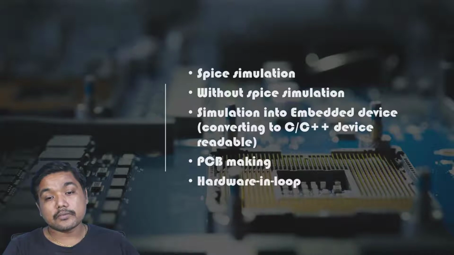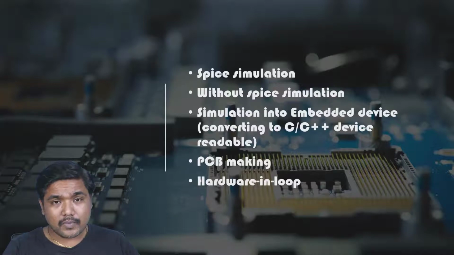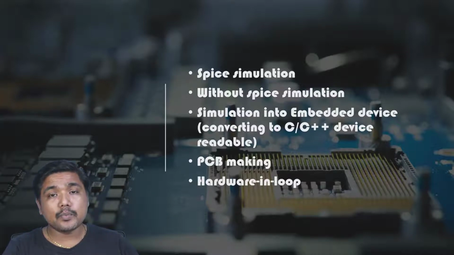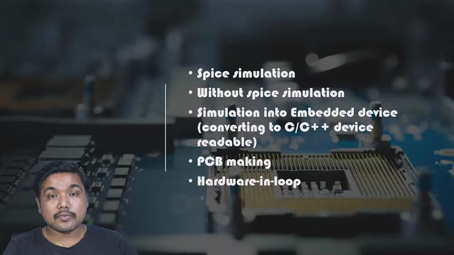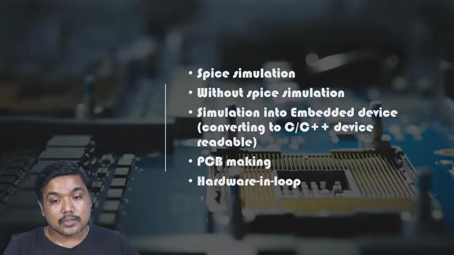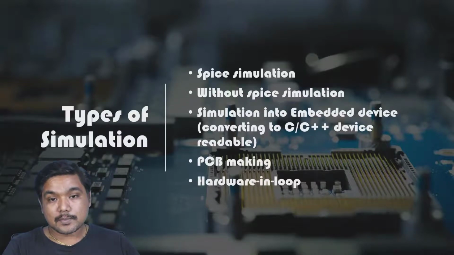And the fifth one is hardware in loop. A specific device will be in loop with your PC simulation software, where you can read data from and write data into the hardware. For example, if you are connecting an Arduino, you can read the analog pins through it and you can pass some data into the Arduino to make it operate. So the Arduino hardware will be in loop with your PC software. Those softwares come under the fifth category. So these are all the types of simulation.